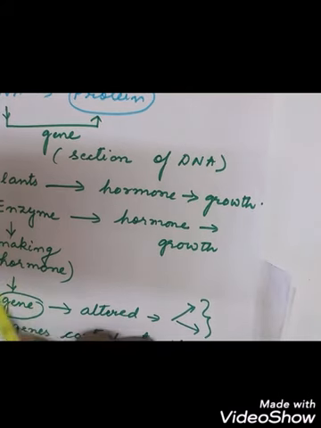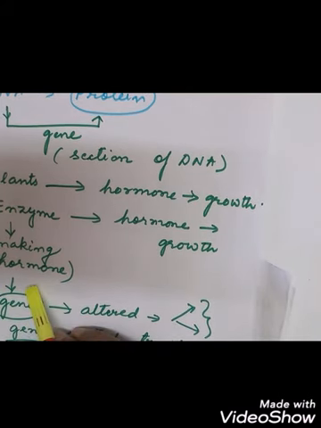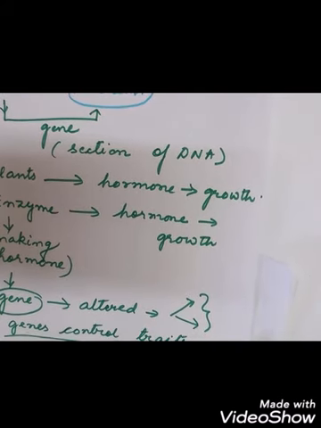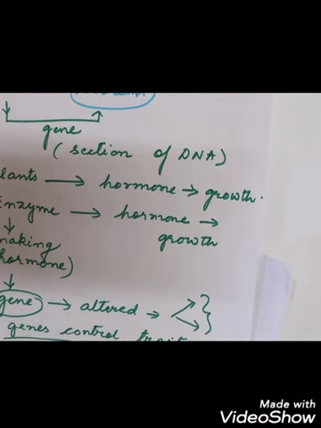Like you can see, these genes are also present which will control the development of the enzyme, the secretion of the enzyme. So enzymes are having what? Genes. If they are altered, then the growth and development of an individual or a plant can also be altered. Every living material contains what? Genes. If any alteration is there, this will alter the growth and development or all the characteristics of the individual.